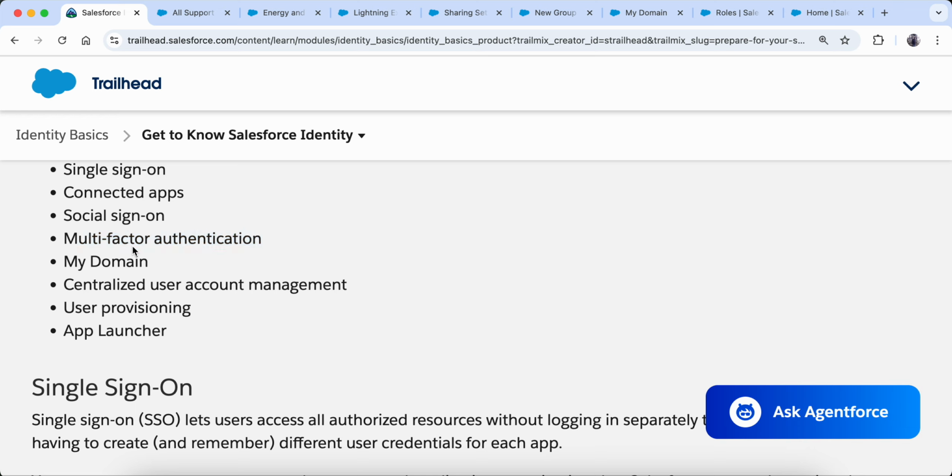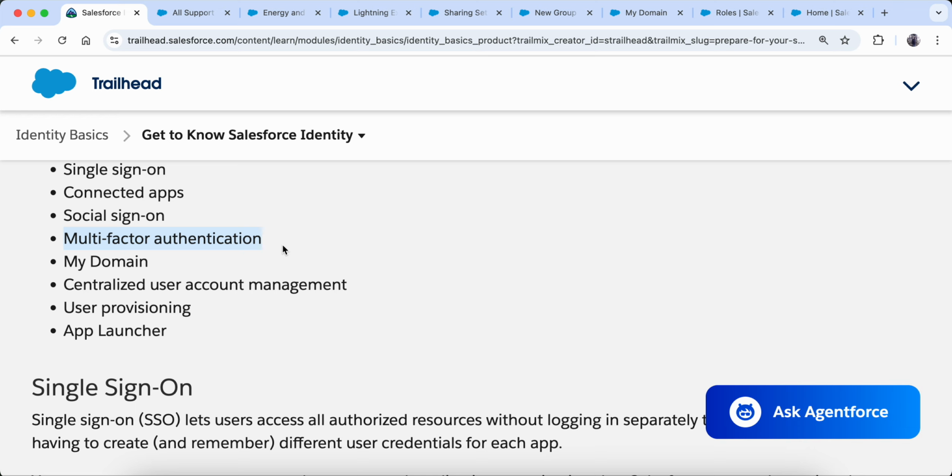Now why is multi-factor authentication done? Because suppose your password is compromised, still no one will be able to log into your system and get your details, because you have one more authentication method, and that is your authenticator app. Unless that person also has your mobile and access to the authenticator app which you have installed in your mobile, your account will not be hacked.